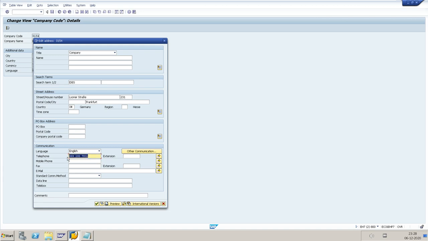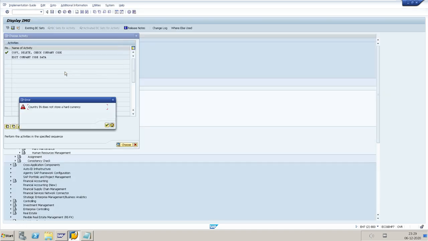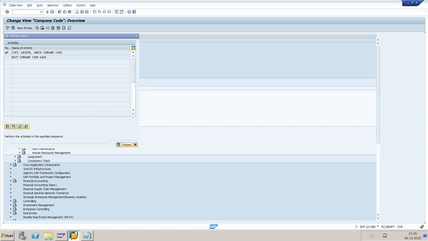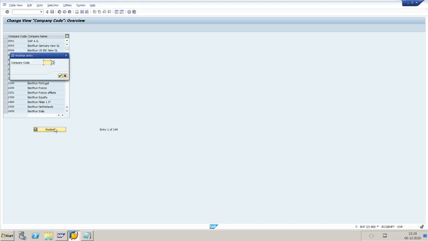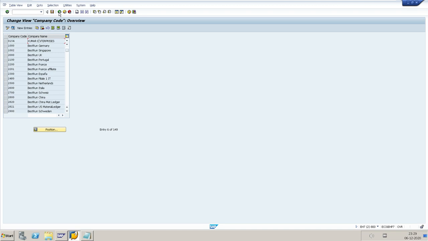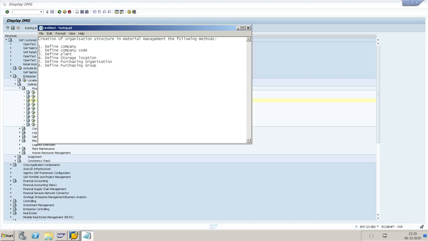You can also give phone numbers. Now the data was saved. So now the company was created.